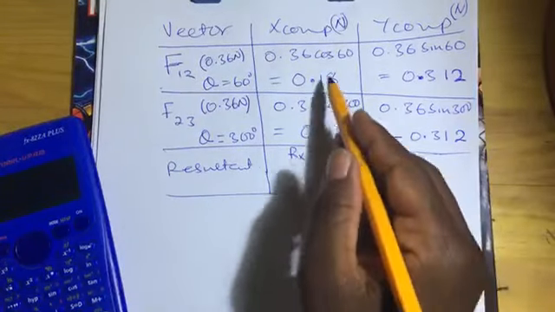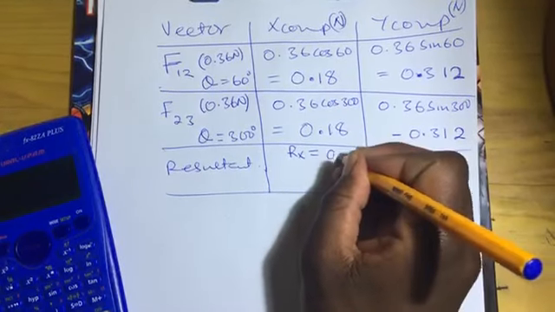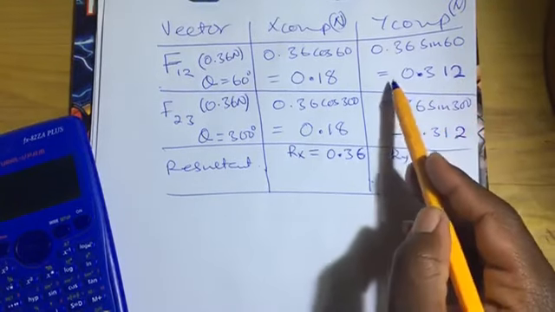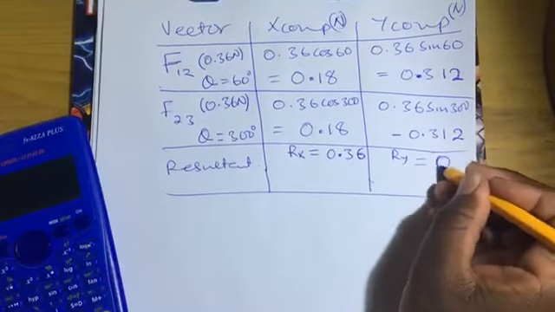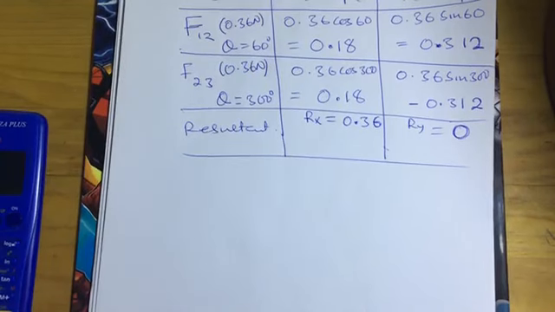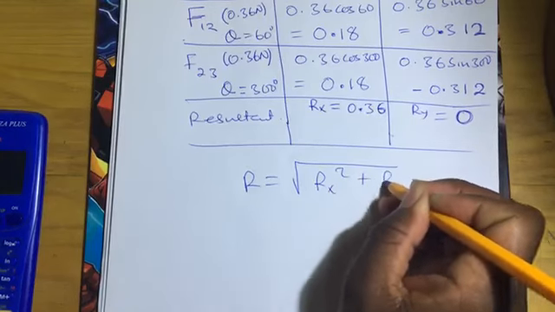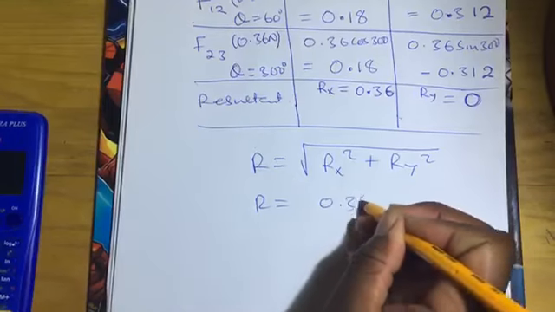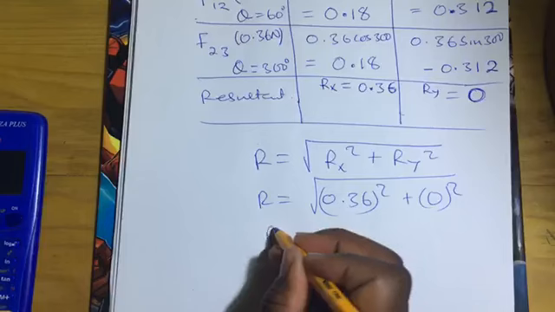So Rx here is going to be the sum of these two. So 0.18 plus 0.18 is going to give us 0.36. Okay, then here we have positive and we have negative. If we add these, they are going to give us 0. Okay, so the actual resultant. Remember, R is equal to the square root of Rx squared plus Ry squared. Okay, so plug in: R is equal to 0.36 squared plus 0 squared, and then you square root. Obviously, your R is just going to be